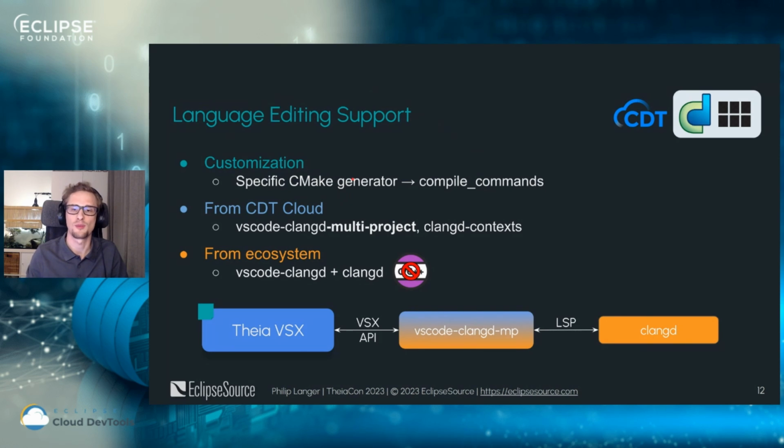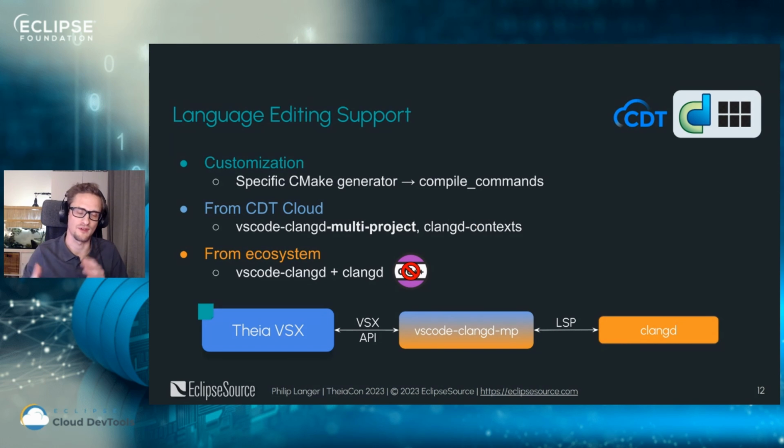In order to create the compile commands directly when the project is being created. So with that, the user can directly go and start with great language support for language editing. But we did not just do that by using VS Code ClangD integration, but we used the multi-project support so that you can, in one folder, basically have multiple projects without them interfering. And you can also very easily switch contexts between, for instance, build configurations that you have in your